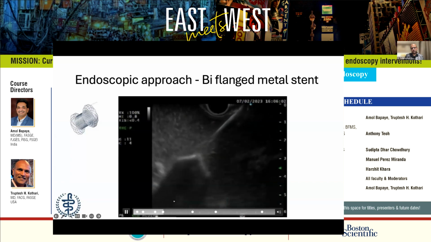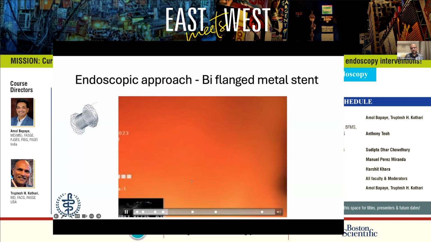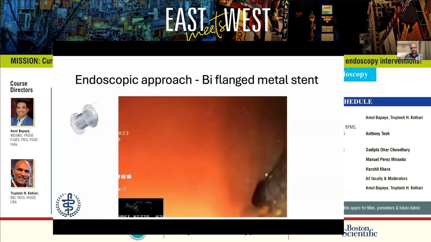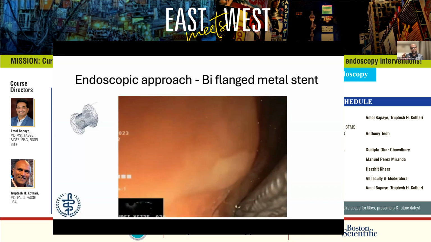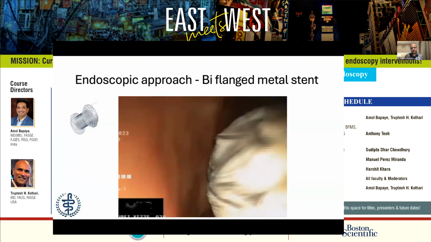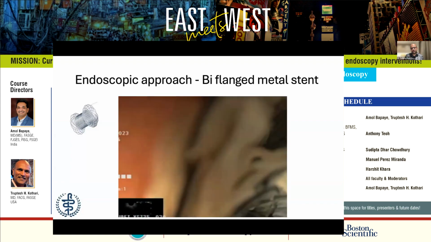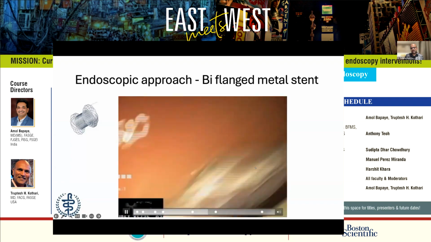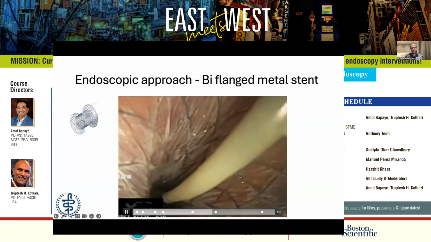This is a Nagy stent, which you can see has opened up within the cavity. The stent is pulled proximally and deployed, and the deployment is done under vision. The Nagy stent is one stent which I prefer to deploy under vision because it doesn't have a lumen opposing capacity. So the risk of this stent migrating inside is much higher than that of a pure LAMS. But this is more of a biflange stent and not exactly a lumen opposing metal stent.